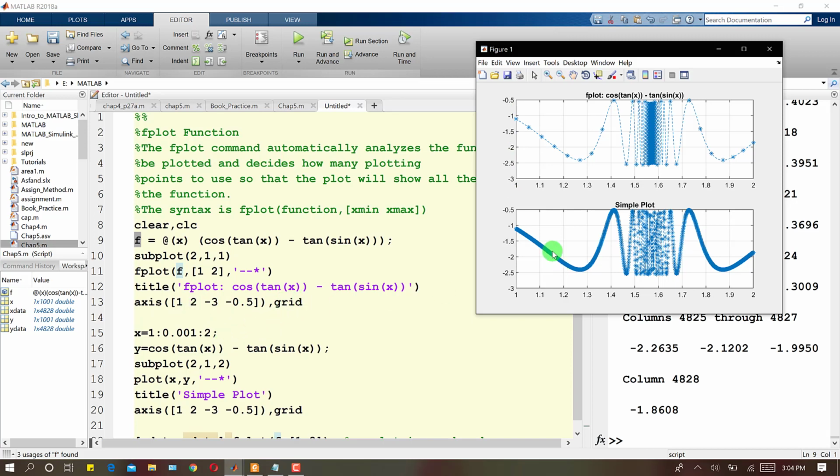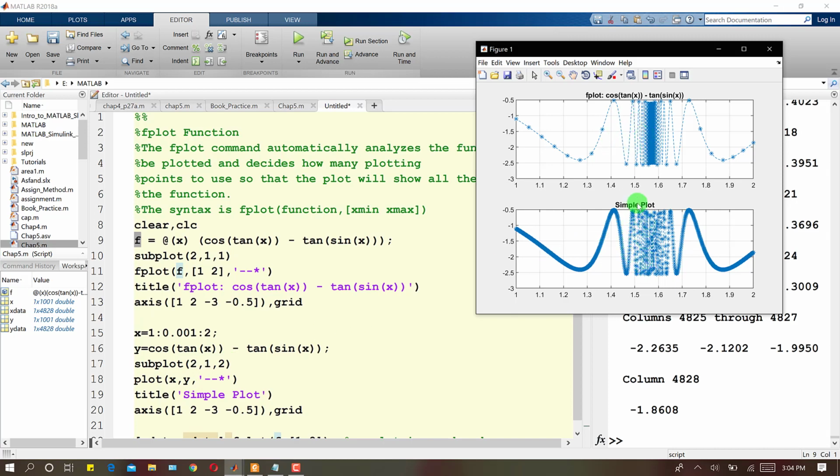And similarly, in order to use the simple plot function, what we will do is define our own x row vector, and we will define our own spacing. And then we will use this y of x function. So we will write that, and then we will use subplot to plot this one, and we will use simple plot. So this is the simple plot function, this is the output of the simple plot function, and this is the